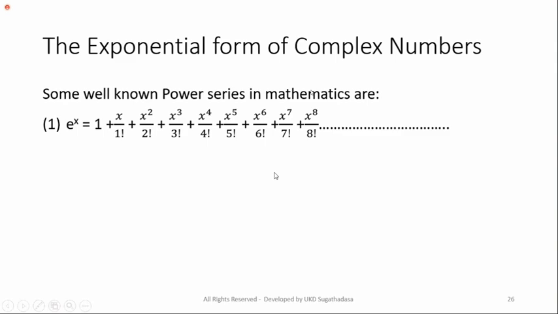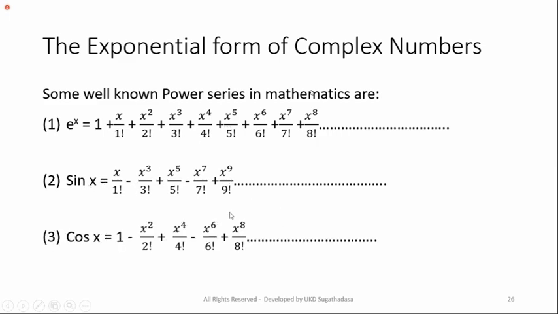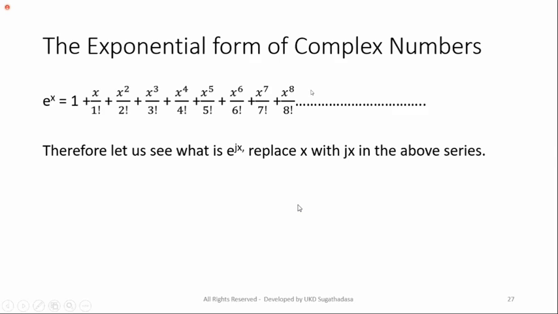See, these are the power series about the exponential form. Likewise, sin x and cos x also have power series, right? These are some advanced mathematics theories. The exponential function we discussed in the first semester also. You can remember this exponential function, and sin x and cos x also have this kind of power series. Then this is e^x again. Now what we are going to do is replace x by jx. j is the square root of minus 1.